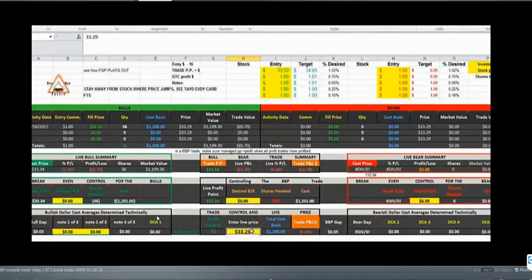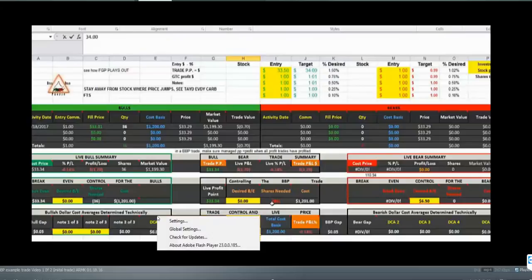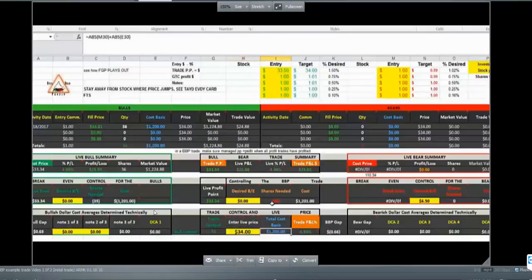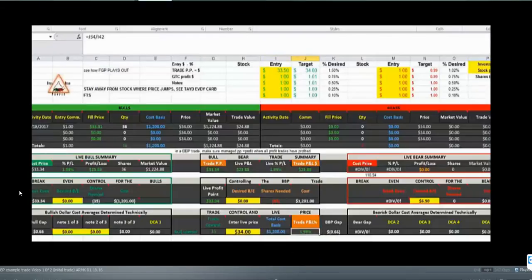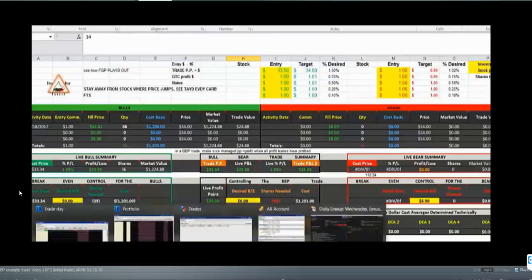So when we enter in $34, we should actually be higher than 1.5% because we entered the trade at a lower price than yesterday. In fact, we should be getting a 1.99% profit target. So $34 is going to be our limit order price, and 36 shares, and we're going to keep this order live till canceled, which is called a good till cancel order. So 34 and 36, we'll come back to our trade platform,